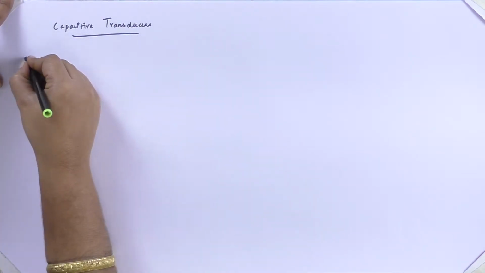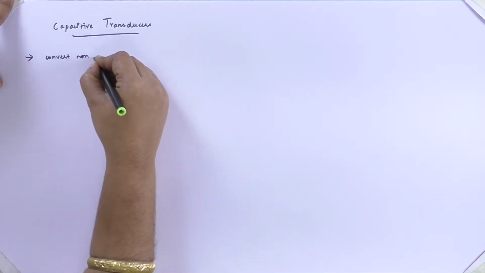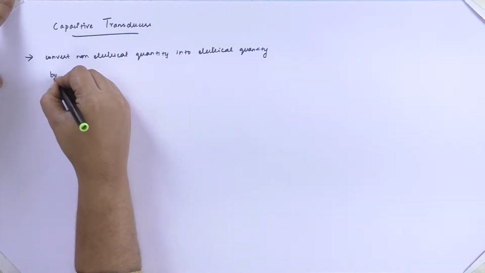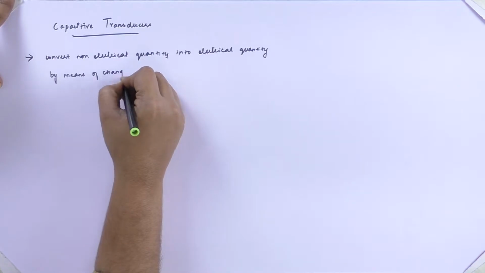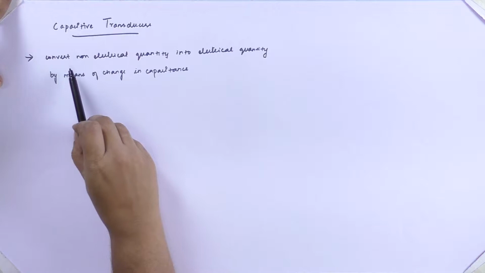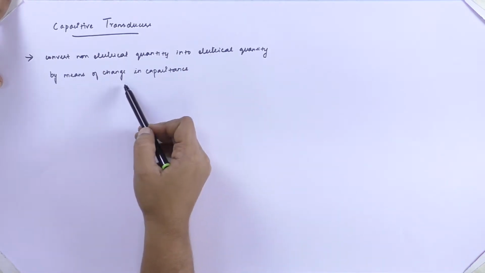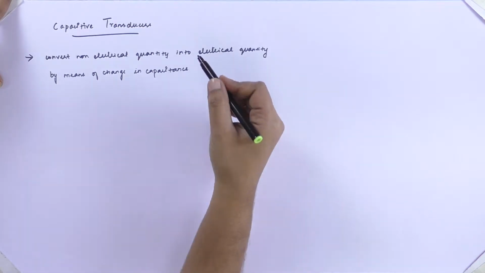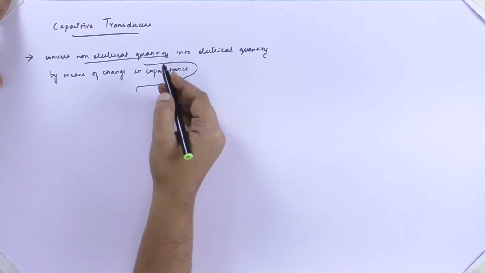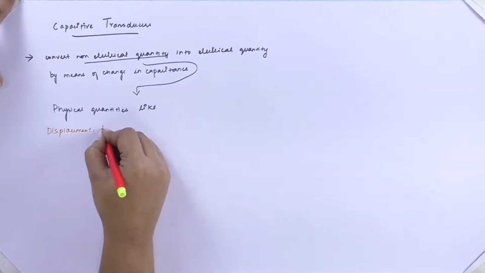So what is a capacitive transducer? A capacitive transducer converts a non-electrical quantity into an electrical quantity by means of change in capacitance. So what are those non-electrical quantities? These are nothing but the physical quantities like displacement, force,